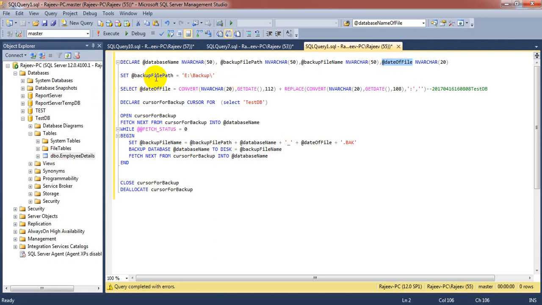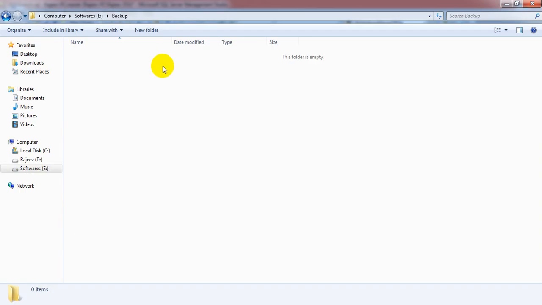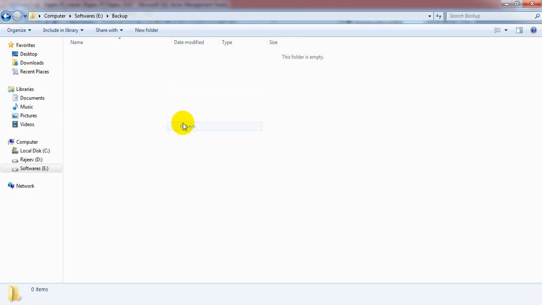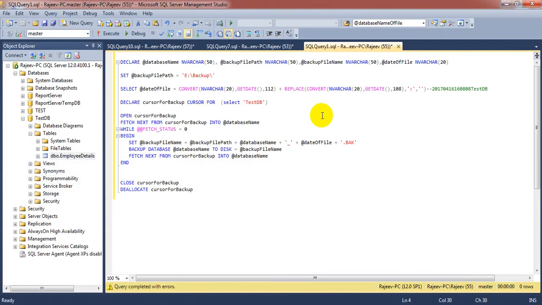Then I'm setting the backup file path equal to e/backup/, because I want my backup file to appear here. Then I'm setting the date of file equal to this convert. Basically, this will give you the date without any colon.